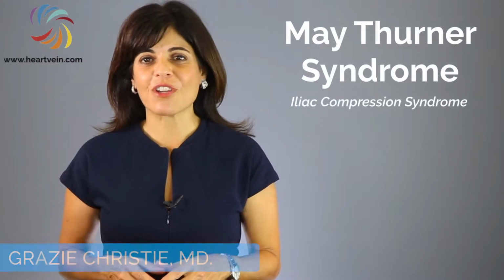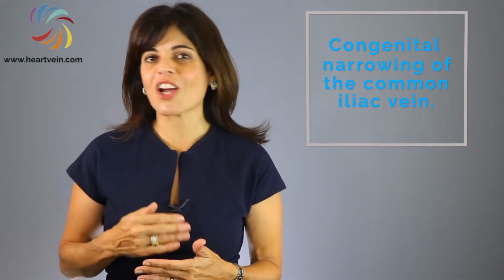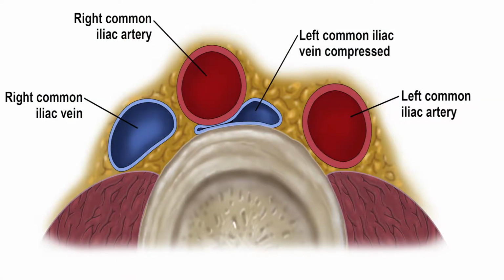May Thurner syndrome, also termed iliac compression syndrome, is a syndrome named after the authors R. May and J. Thurner, who first described the phenomenon in 1957. It's a congenital narrowing of the common iliac vein due to pressure from the overlying common iliac artery. This lesion usually occurs in the left common iliac vein in younger females, but it is not uncommon in males